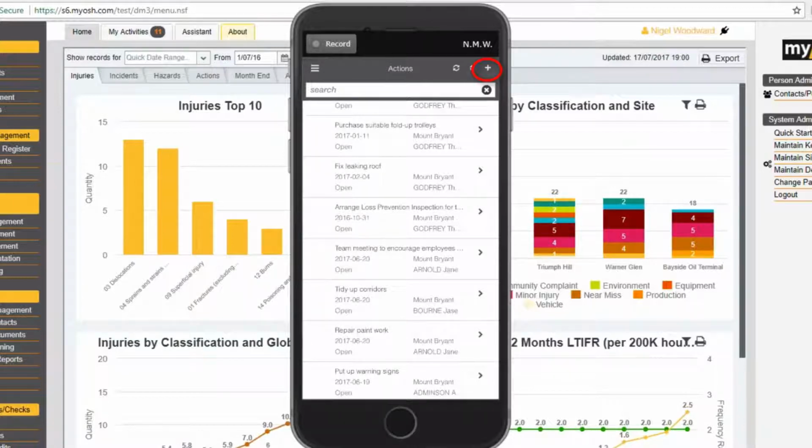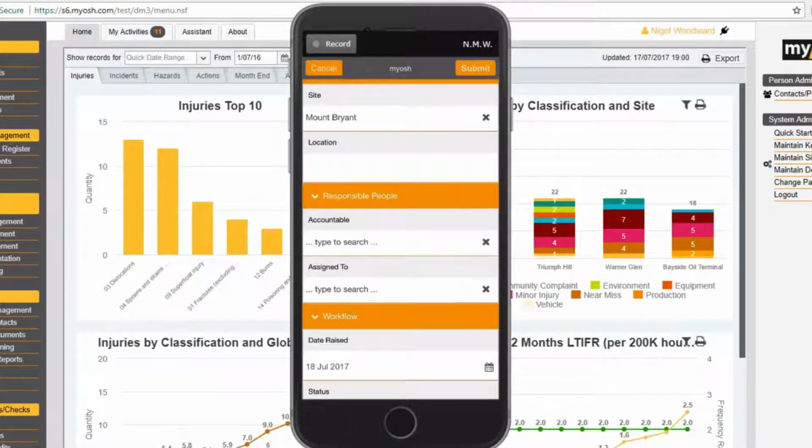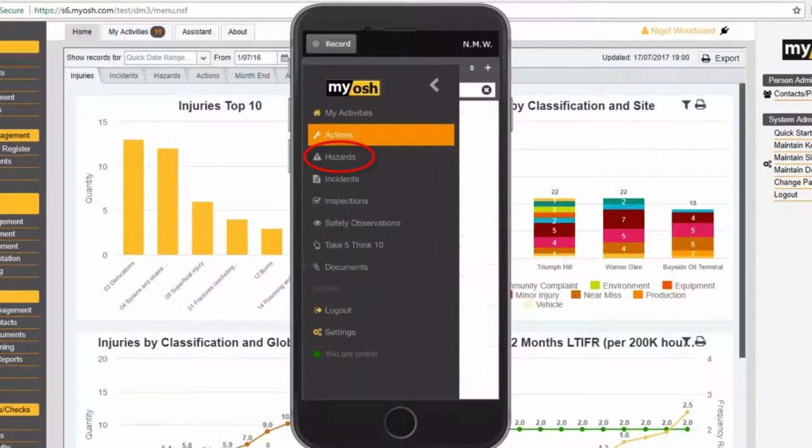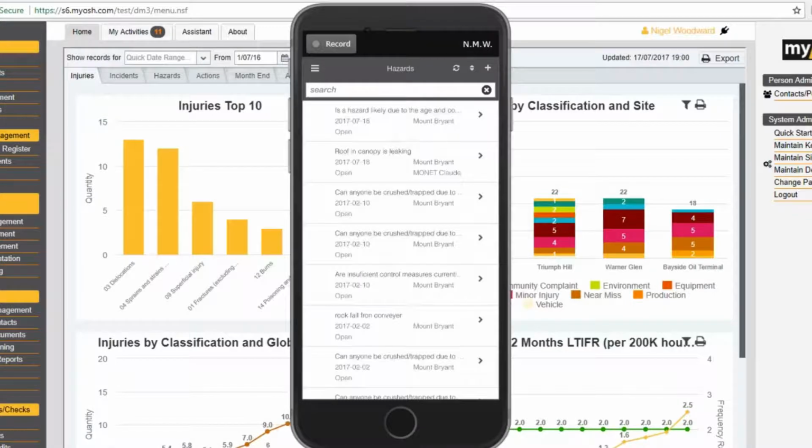And all that I need to do is click on that plus sign, and it enables me to now create a new action. So I'd fill in the details, take some photographs, submit the documents, and the action would go off. If we have a look at hazards, now hazards has a sort of a special case,